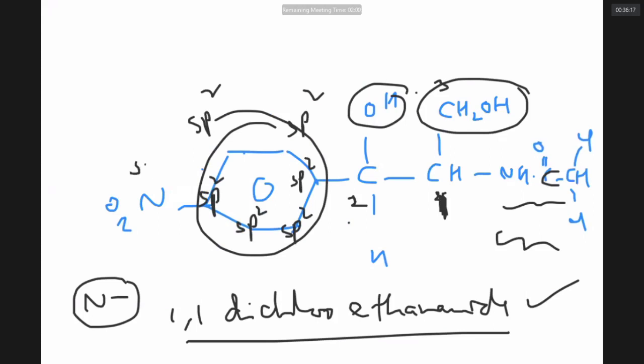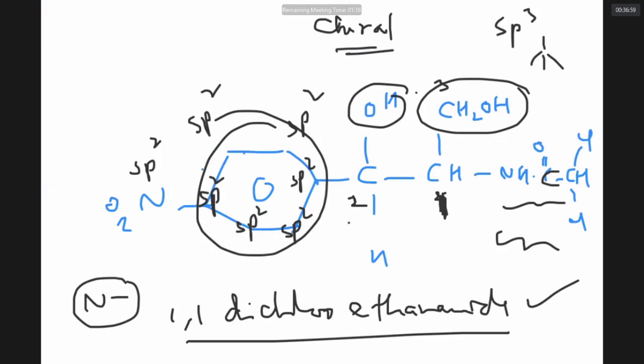Now, NO2 can never be chiral because it is not locked to different groups. A carbon which is sp3 hybridized and locked to 4 different groups is called a chiral carbon. Compounds which have chiral carbons can show optical activity, or optical isomerism. If a compound has no chiral carbon, it cannot be optically active. Optical activity is a very important property. Anyway, the question is, in chloramphenicol, how many carbons are chiral?